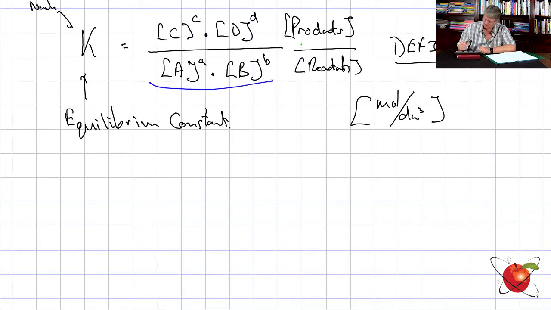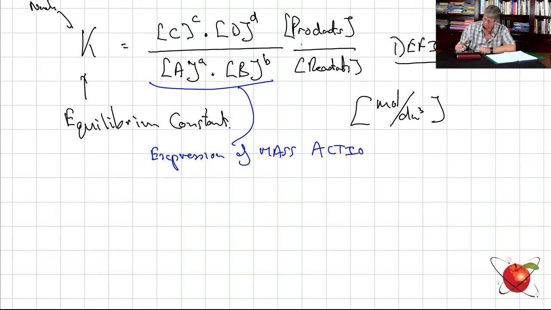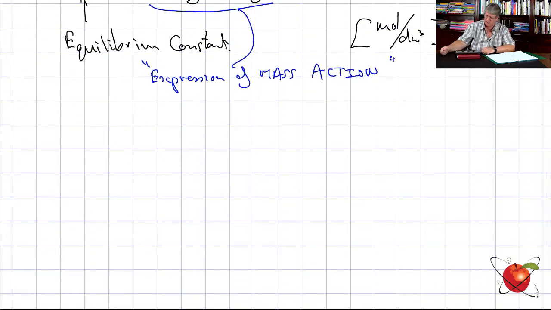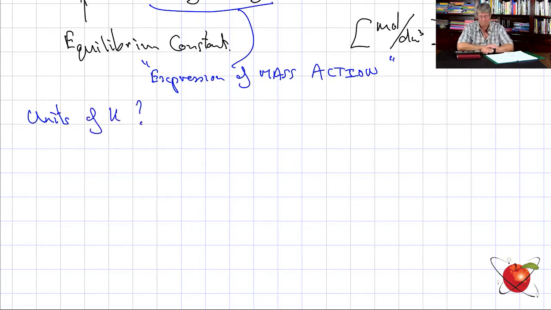Now, this thing here is called the expression of mass action. So in chemistry, that is the expression of mass action. Okay, the next question that you're going to ask me is, right, that's the expression of mass action, what about the units of K? The units of K,